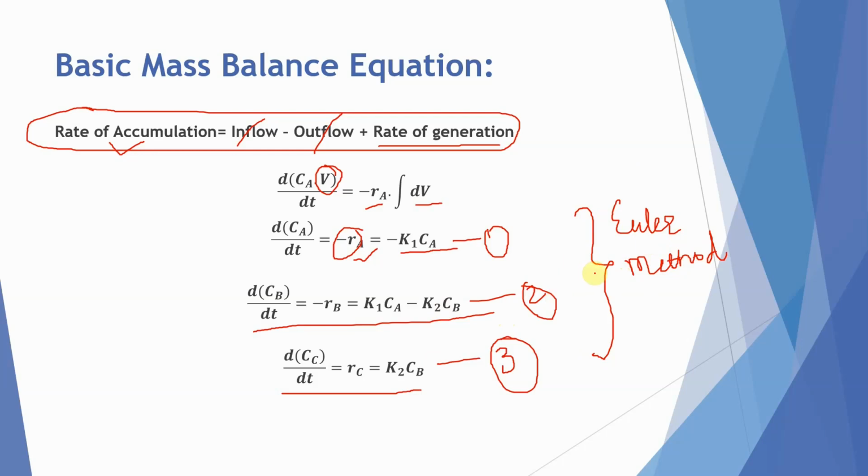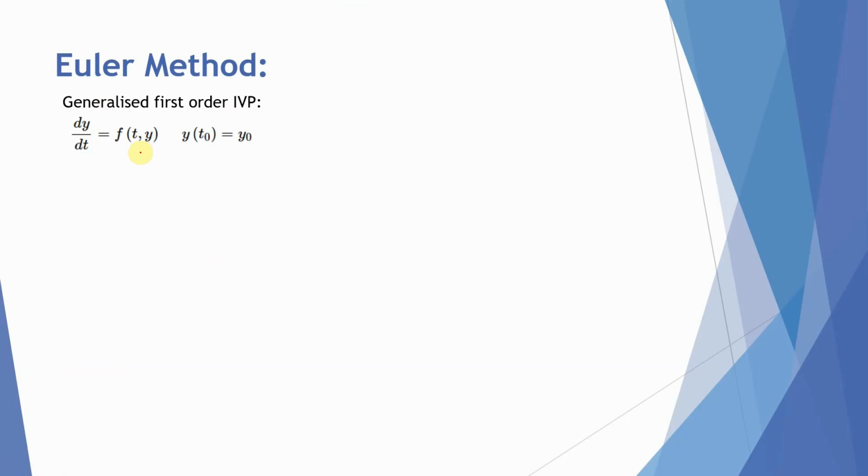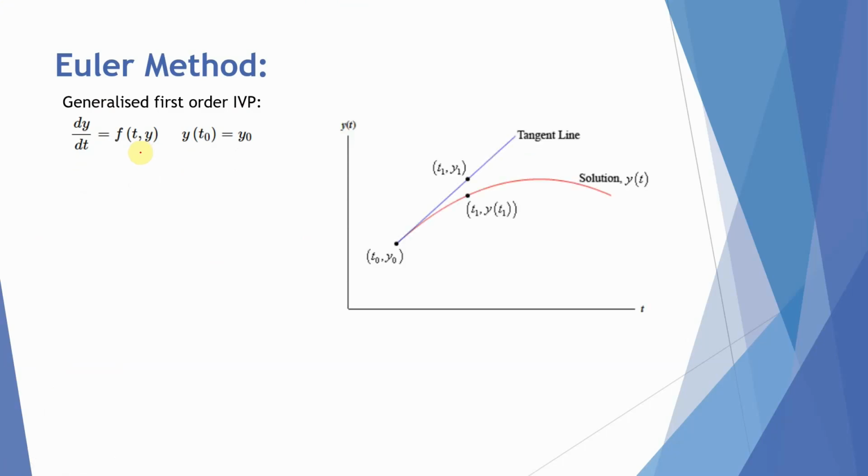Let us look at the Euler method and how do we solve these equations. The generalized equation looks like this. A curve will help you visualize better, and this is nothing but the slope of the tangent line to the curve. Initially the curve is unknown, so we will need a starting point, which is this, to move further. So once this is known, we can take small step sizes to move further. And yeah, this step size is nothing but the distance between these 2 points, and it is better if we keep the distance between these 2 points as small as possible to minimize the error.